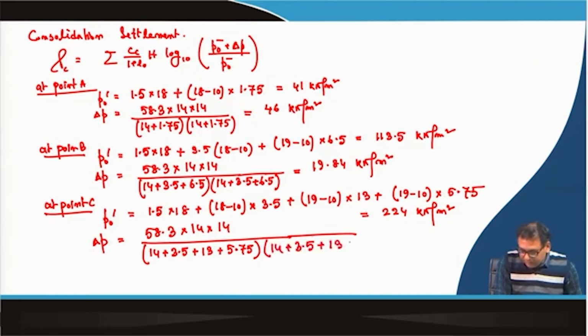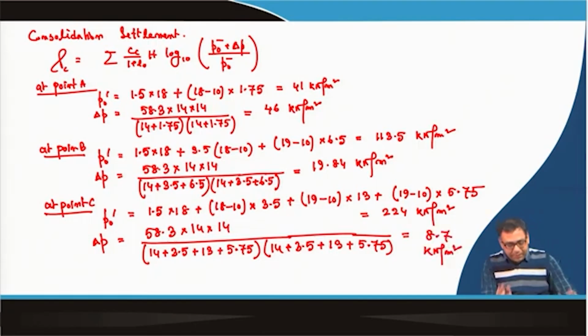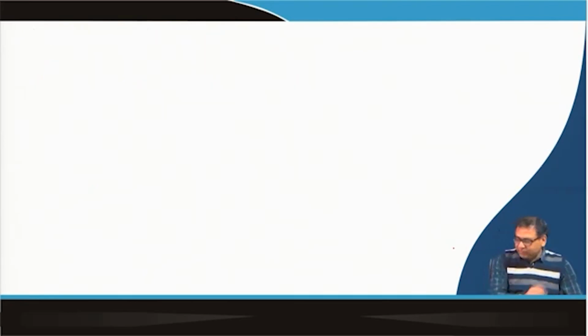Plus 13 plus 5.75. So, that is equal to 8.7 kilonewton per meter square. So, we have calculated the P0 bar and delta P. Now, we have to apply this with the equation for every point. So, S_C is equal to, for first